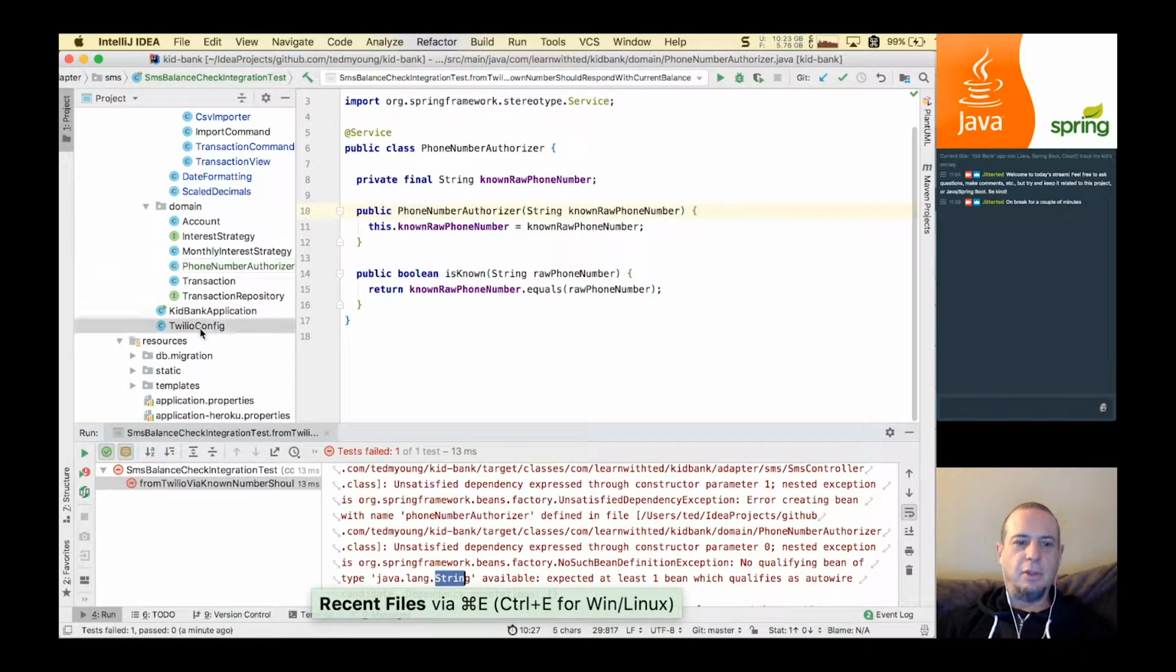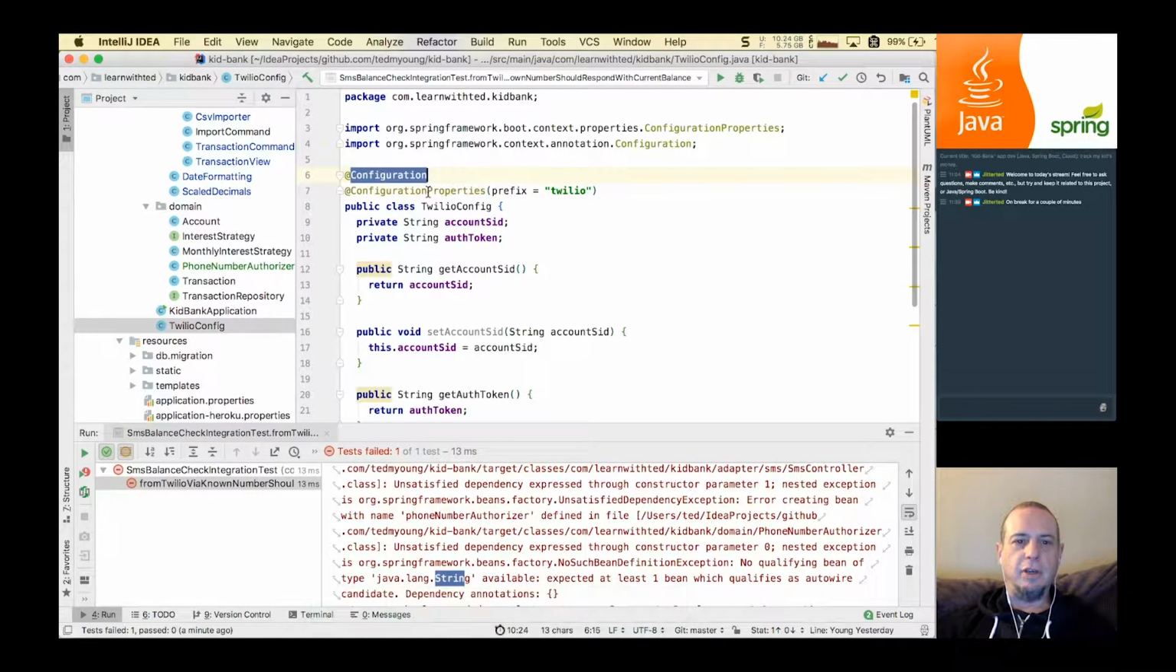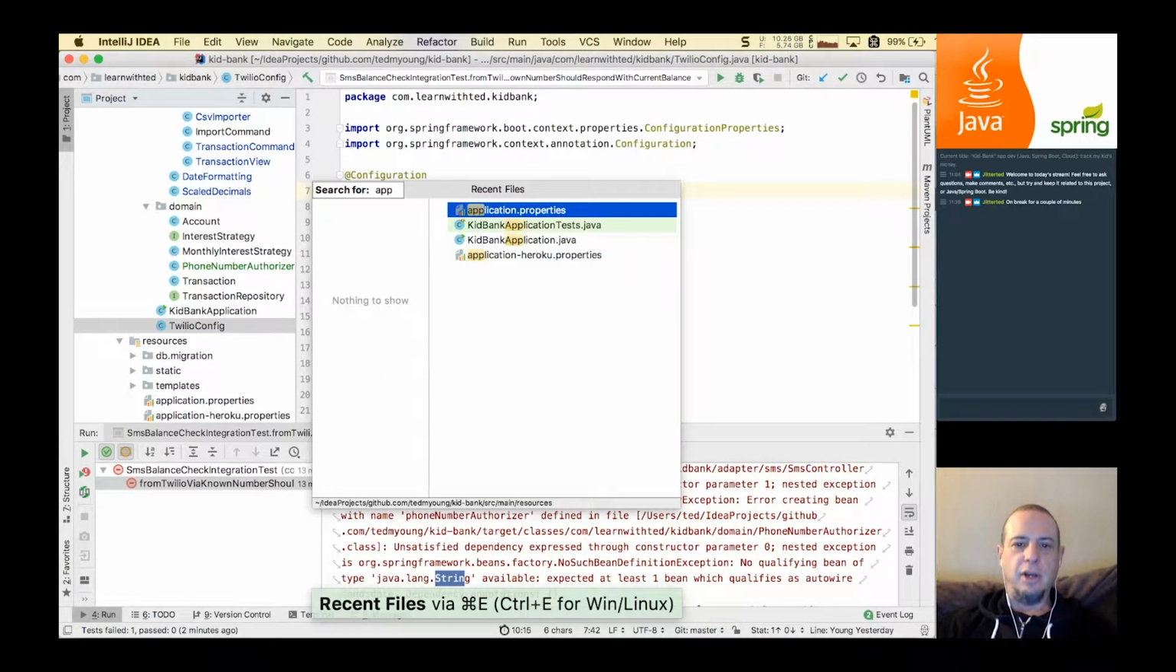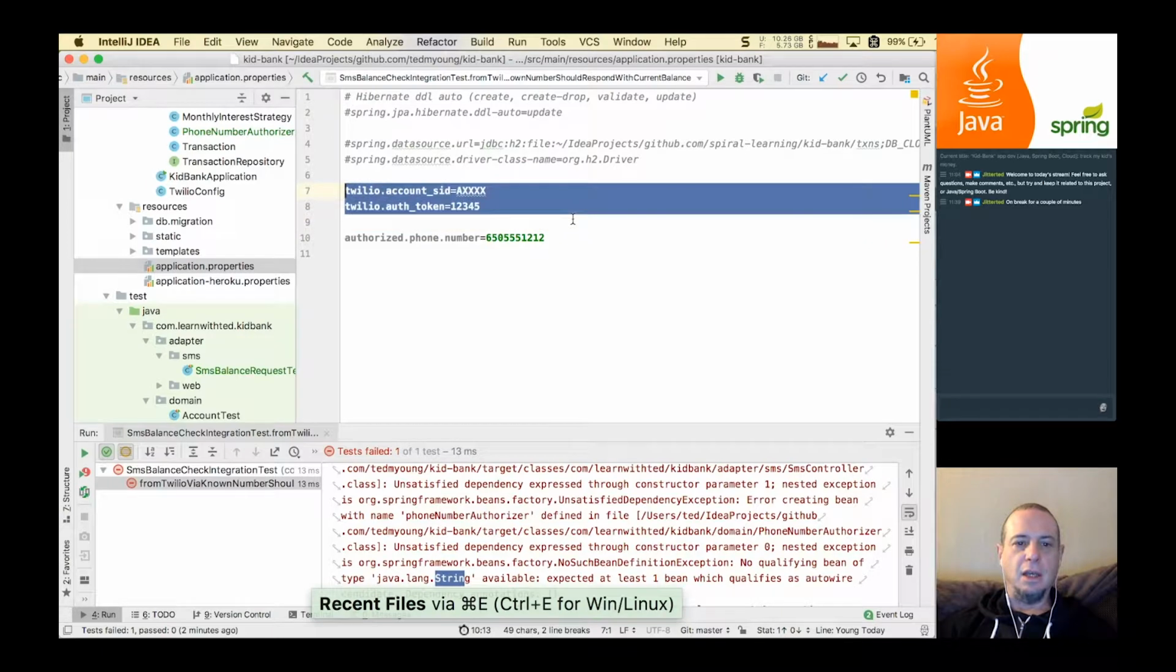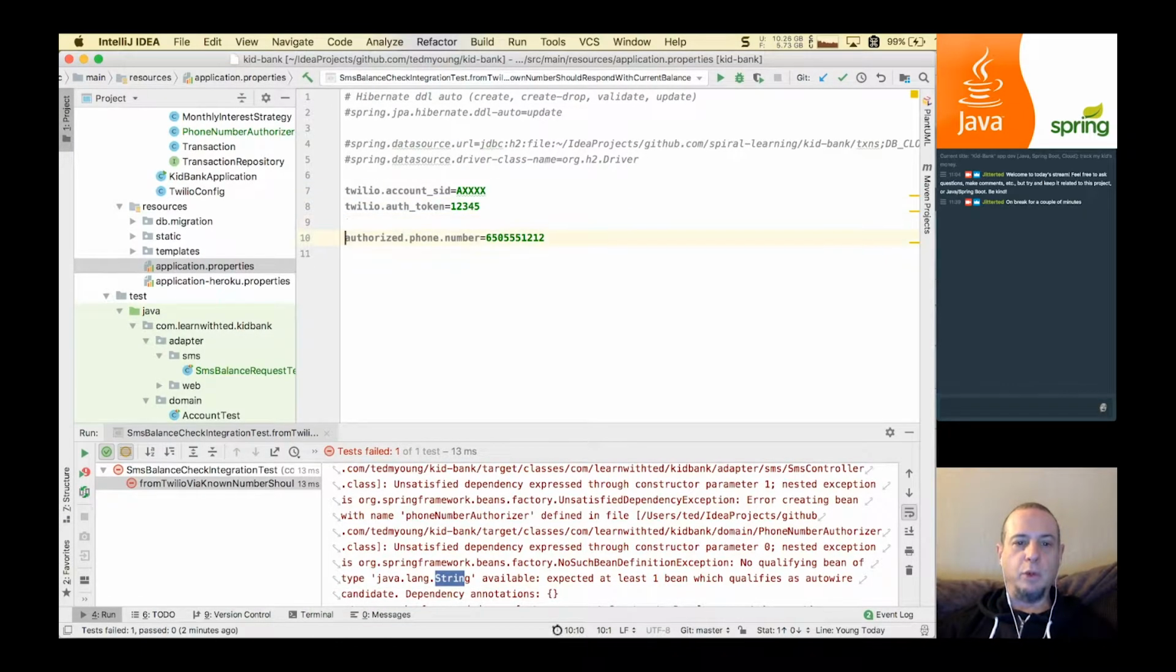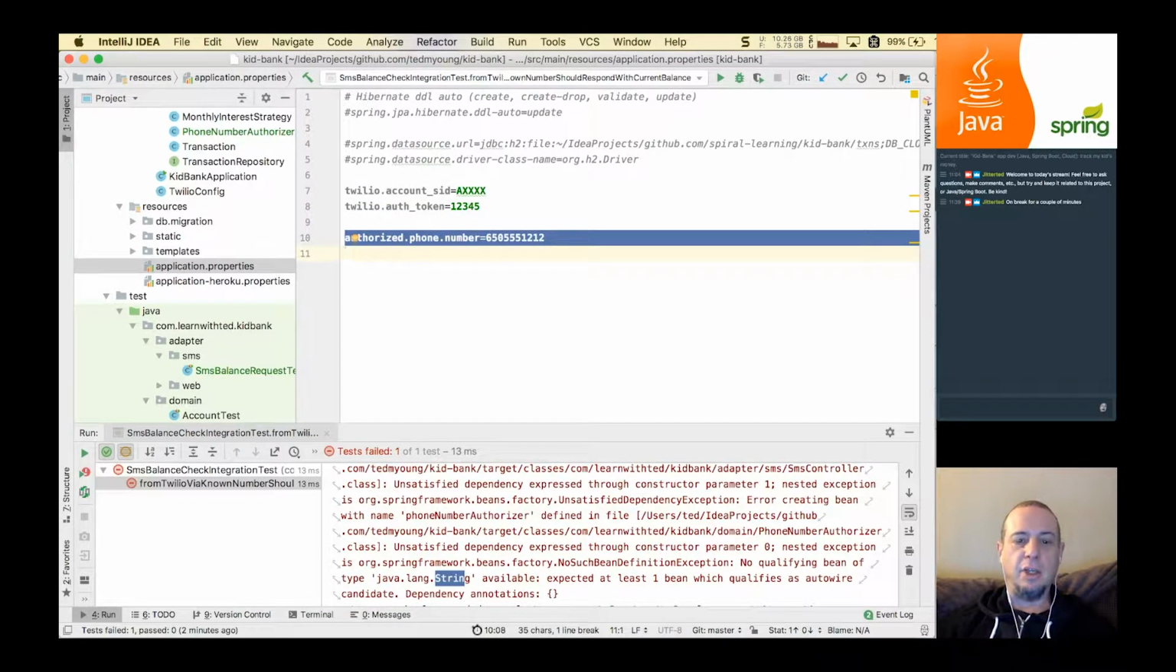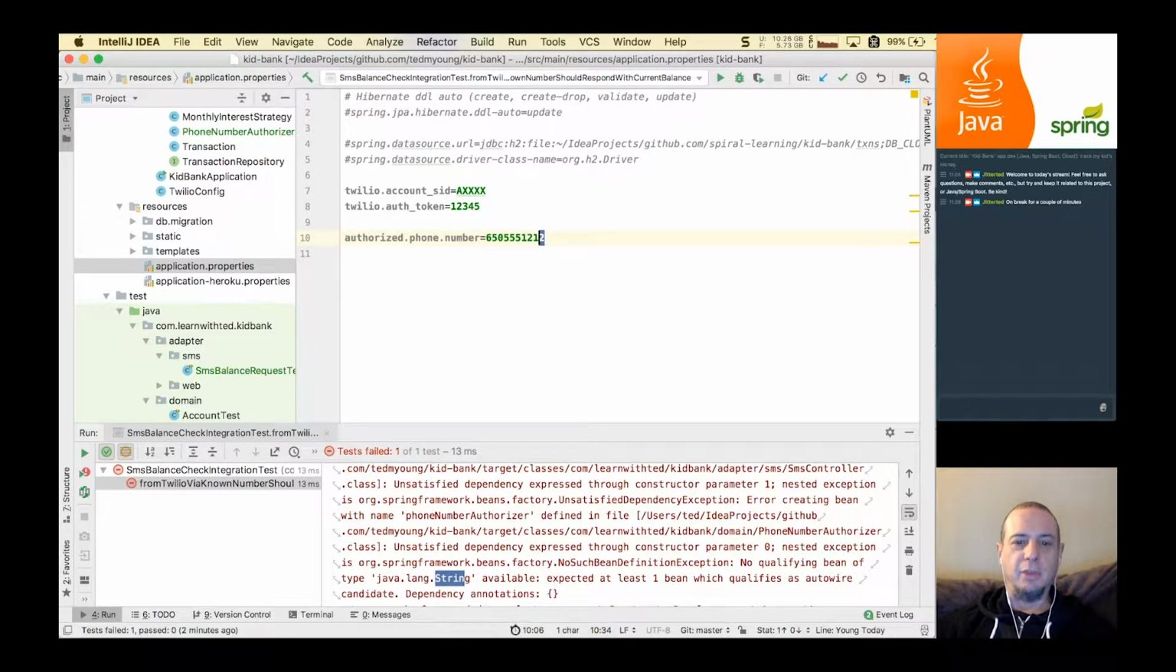So here is our Twilio config. This is configuration where it gets its properties from the application config, those that are prefixed with Twilio. If we look at our application properties, we see that basically covers these two. What we're interested in now is getting this plugged in, and actually we should express it in E.164. So it must be in E.164 format. That is plus,